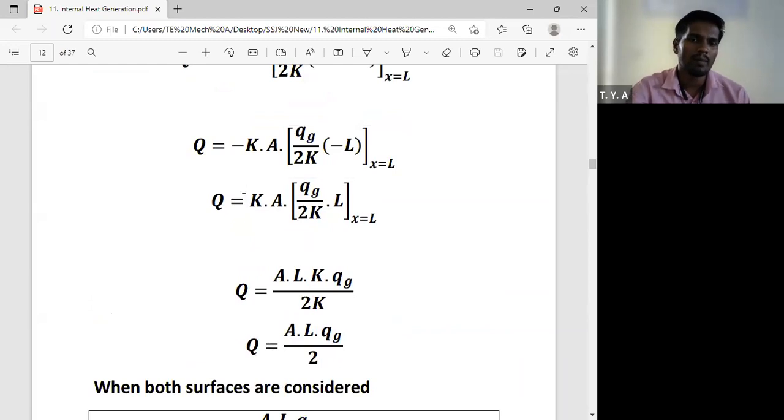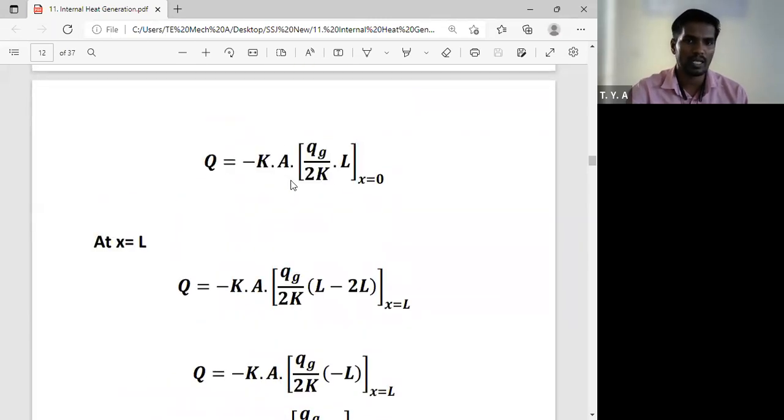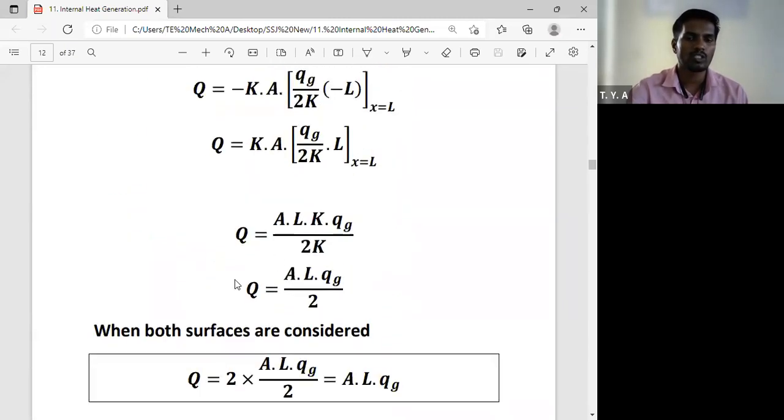इथे काय झाले बघा, हे जे इक्वेशन आहे फायनल x is equal to L लिहिलेलं, याच्यामध्ये k पण आहे, न्यूमरेटरला पण आहे, डिनॉमिनेटरला पण आहे, त्यामुळे k कॅन्सल झाला. सो व्हॉट इज आवर फायनल इक्वेशन, q is equal to what, q is equal to a into L into qg by 2. इथं पण तसंच होणार आहे, इथला पण के कॅन्सलच होणार आहे. ओके, ते ब्रॅकेट मध्ये असल्यामुळे ते कॅन्सल करायचं राहिलंय तिथं. ओके, सो व्हॉट इज आवर फायनल इक्वेशन फॉर द क्यू, दॅट इज a into L into qg by 2.